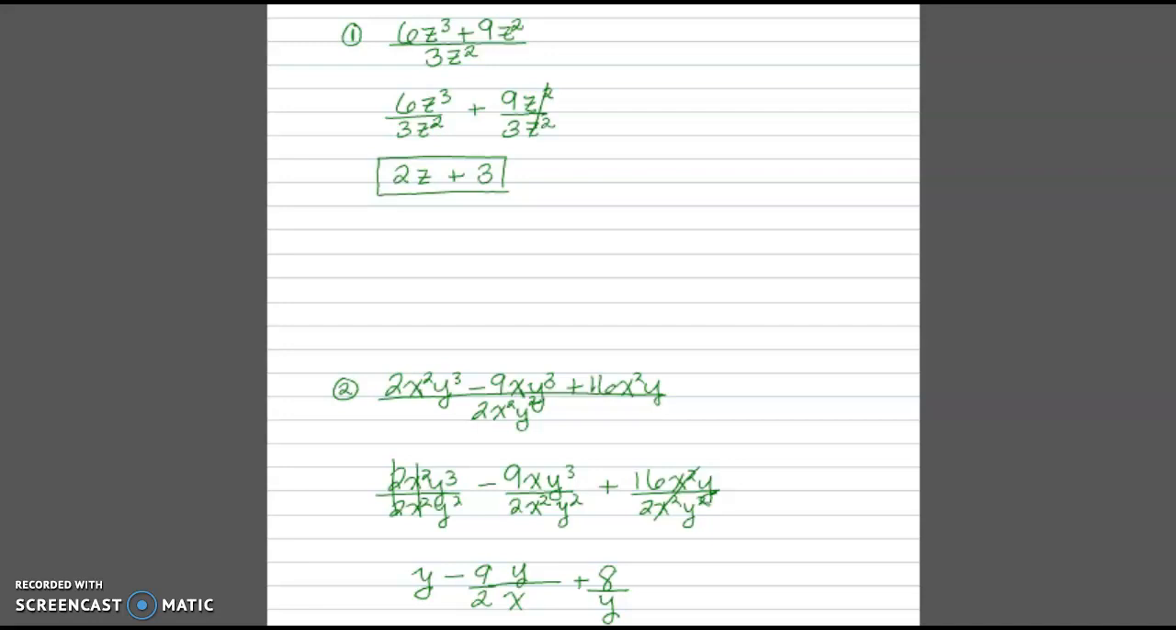So y minus 9y over 2x plus 8 over y. Notice we had 3 terms in the numerator. We have 3 terms here. But it also is important to note that in this case, because we have variables in denominators, the quotient is